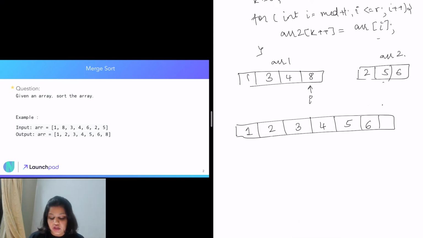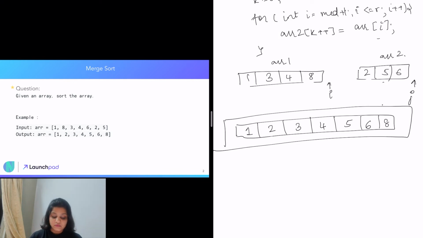Now we have come outside of an array. Whenever we come outside one of the arrays, we always know that the other array, like array 1 in this case, has some elements that are not yet inserted in the new array. So we are just going to go through the whole array 1 till the end and insert all the elements in the new array. In this case, we will only insert 8 here, and then update our I to the next position, and our I also has come out of bounds. All our elements have been inserted in this new array, and this new array is our sorted array.